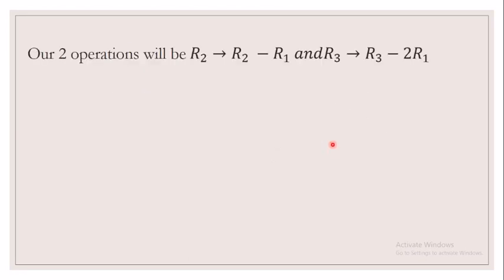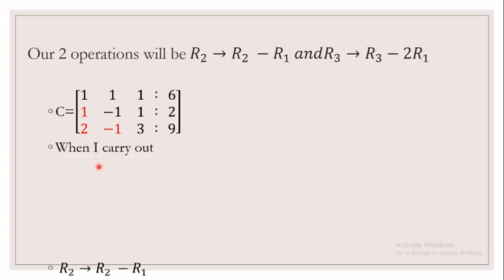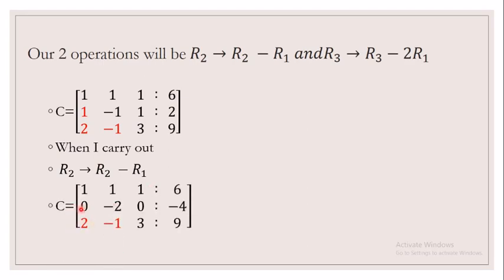That is our aim. So by doing some operations, in this case I'm going to apply two operations. First, I'm going to transform R2 because in R2 you have this as 1, so I want to change this 1 into 0. So I give my operation in such a way that I get this element as 0. So R2 is equal to R2 minus R1. That is the first operation that I'm going to apply. So when I carry it out, I get this as 0.